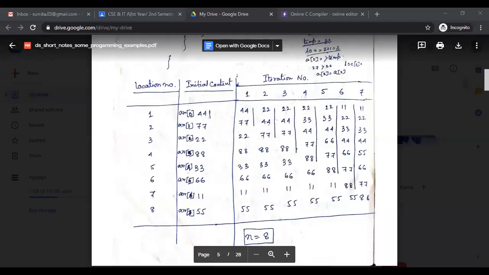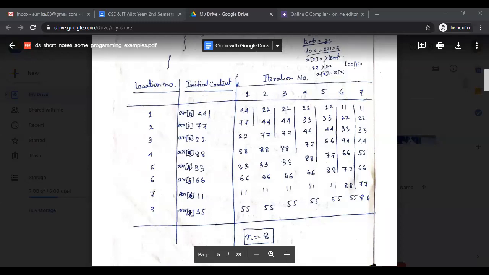See, this is a simple example of insertion sort. First we understand how all these initial random data are sorted in ascending order. First we discuss that, then we write a program according to our logic.